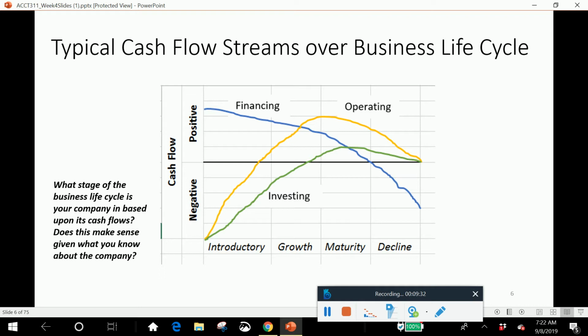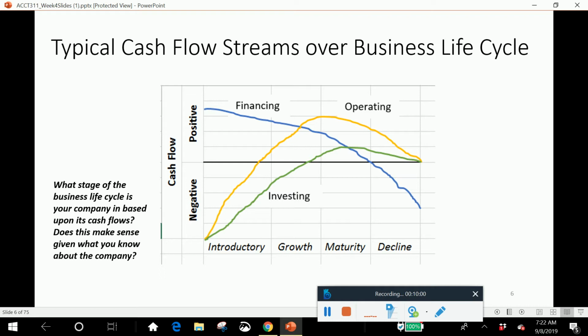And then finally we have financing. Now the financing activities, when a company first starts, they need a lot of financing, right? They need a lot of cash because they're not making cash from their operating activities to help pay their suppliers, pay their employees, get their buildings off the ground. And so they tend to have very high positive cash flows from financing activities, whether that be through debt or through